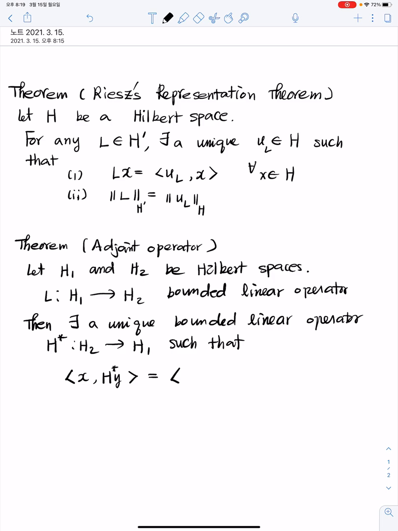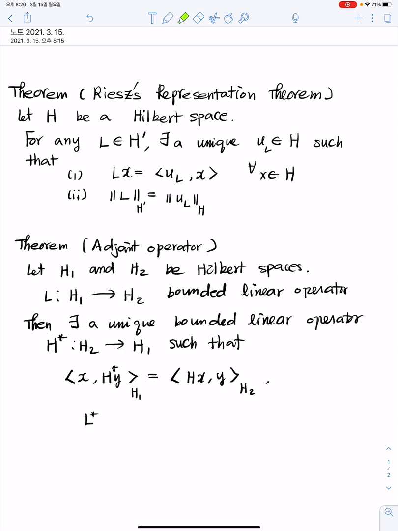So this is the H1 inner product, and then Lx, y is the H2 inner product. Okay. And furthermore, this holds. Also, we can prove